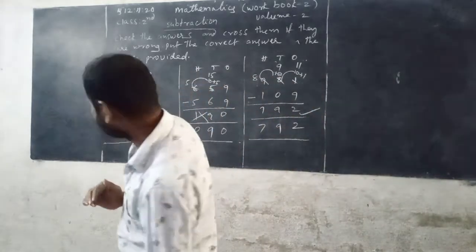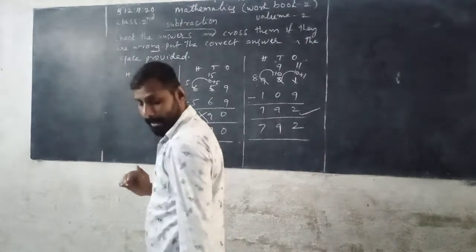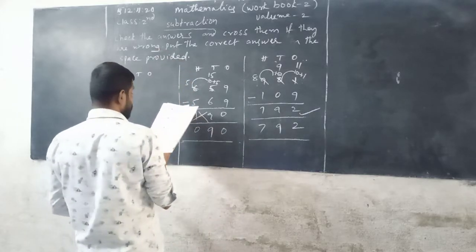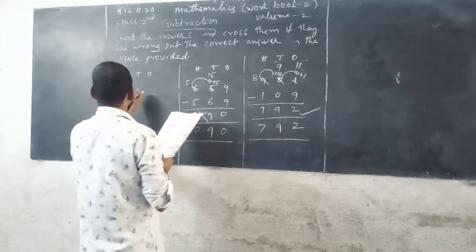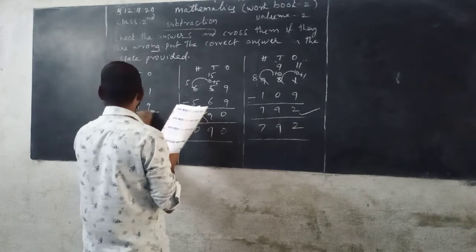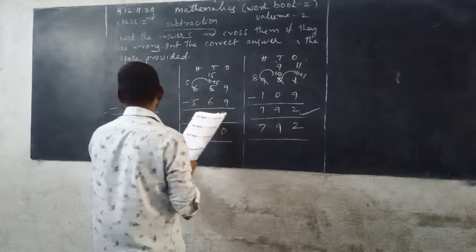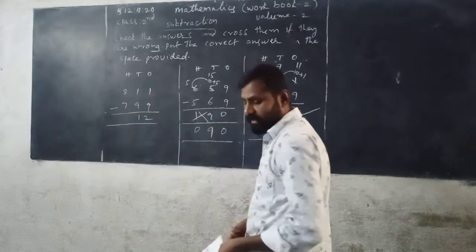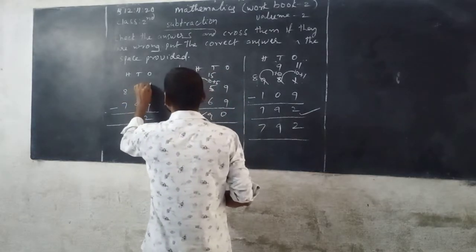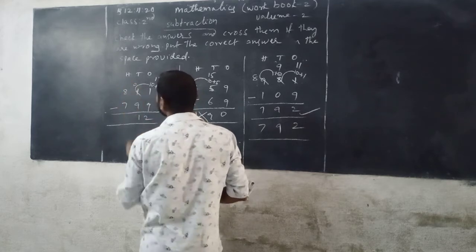Now next one is 811 minus 799. What do we get? Just you can get 12. See here, listen. First subtract the digits in one's place. That is 1 minus 9, not possible. Take borrowing from here. So it is giving 10, 10 plus 1 you can get 11. So it loses 1 here, 1 becomes 0.